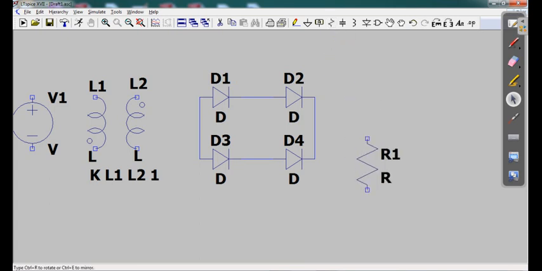So click on a resistor, press escape, and now you just connect all this with the help of wire.